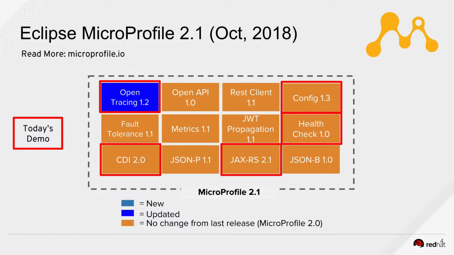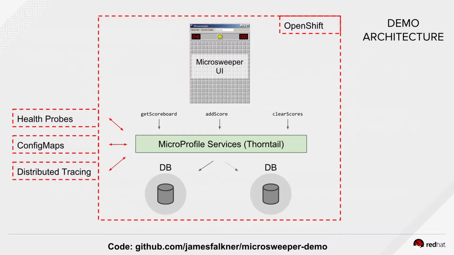So this demo features a web-based front end implementing a popular time-wasting application from the 1990s that many of you will recognize, and it uses a Thorntail backend to record the scores. So it all runs on OpenShift and integrates with its native capabilities for health probes, config maps, and tracing. So you can find the link to the code at the bottom of the screen for those that want to